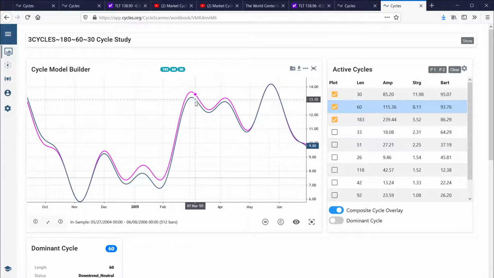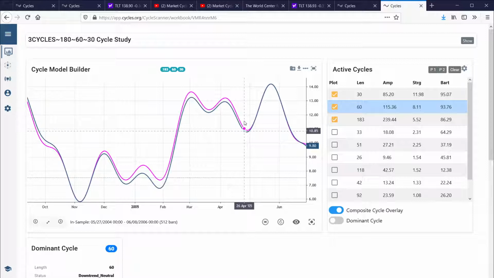So for example, here the blue one is the real data and the pink one is the theoretical detected data. You could argue, why is the scanner not able to detect these 3 cycles exactly, because there is no noise, no trend, nothing else. The reason is that in the cycle analysis, we don't use cycles to project amplitudes. It's timing.